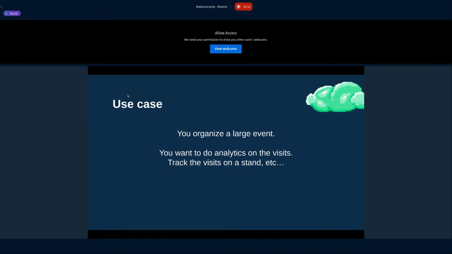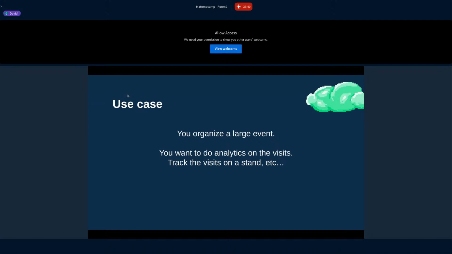Your sponsors want to know how many people came to see their stand, how many people had a look at their website, how many people talked with a representative of the company. Well, that is legitimate data you might want to gather, right? And Work Adventure does not provide that at all. But Matomo does. It's the job of Matomo, definitely.